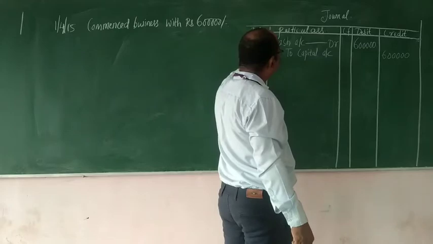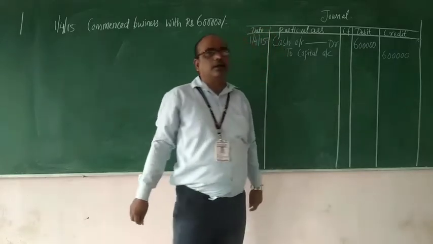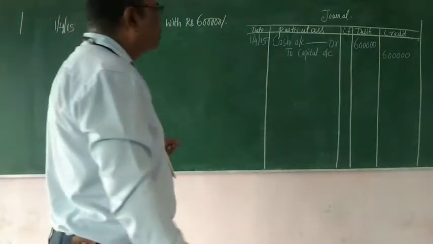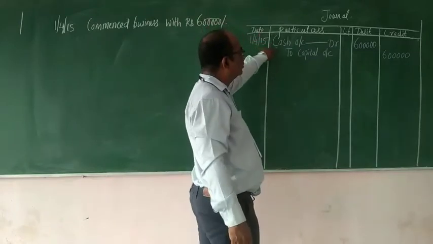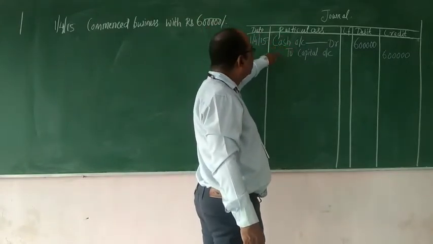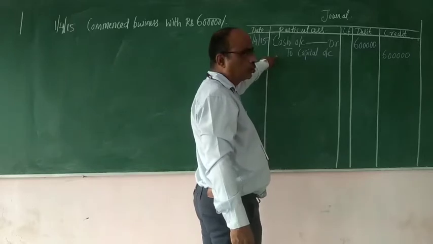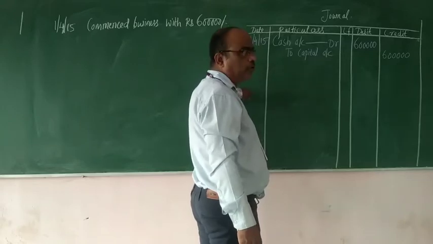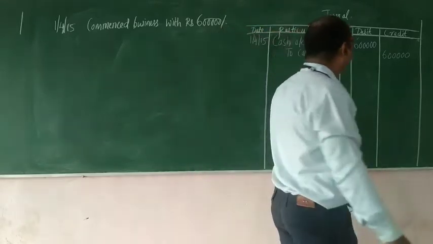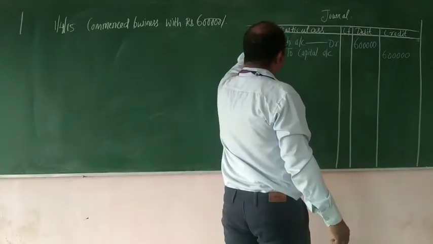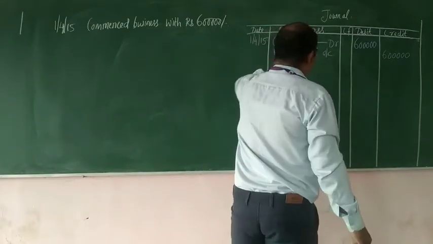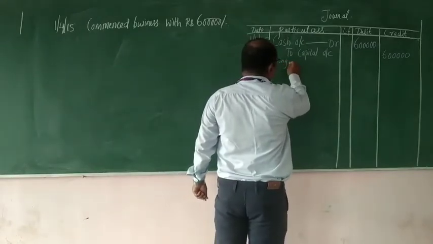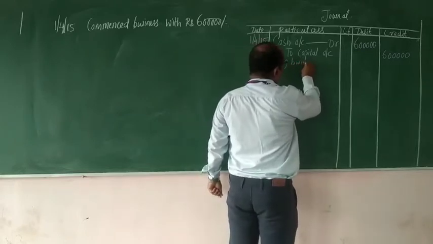You are supposed to write it in the journal. So till yesterday you have learned how to debit and how to credit depending upon the rules. So hereafter you need not do all those things. Directly, after seeing the transaction, you are supposed to write it in the journal chronologically. Chronologically means 1, 2, 3, 4. You will write date wise. So here the first journal entry is cash account debit to capital account. So you will write a short description of the transaction. Being business started.